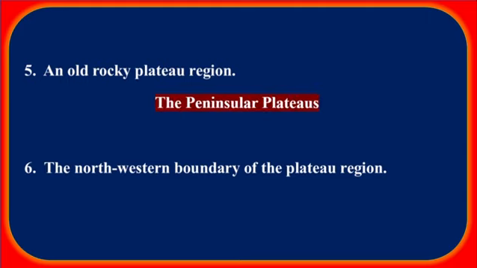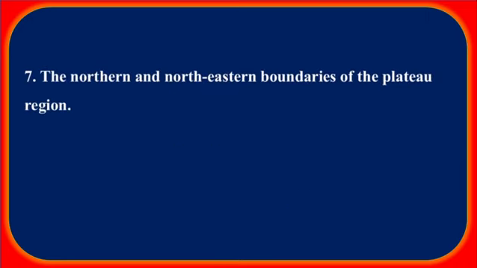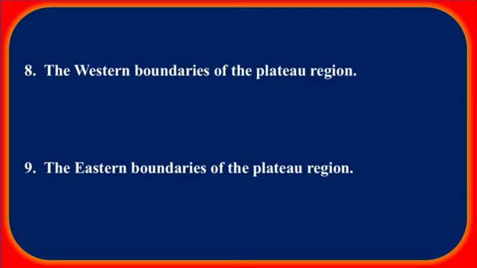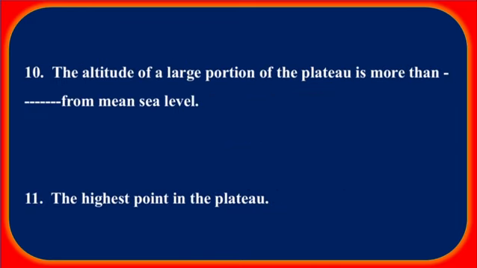The northwestern boundary of the plateau region is the Aravalli Hills. The northern and northeastern boundaries are the Bundelkhand Upland, Kaimur and Rajmahal Hills. The western boundary is the Western Ghats and the eastern boundary is the Eastern Ghats. The altitude of a large portion of the plateau is more than